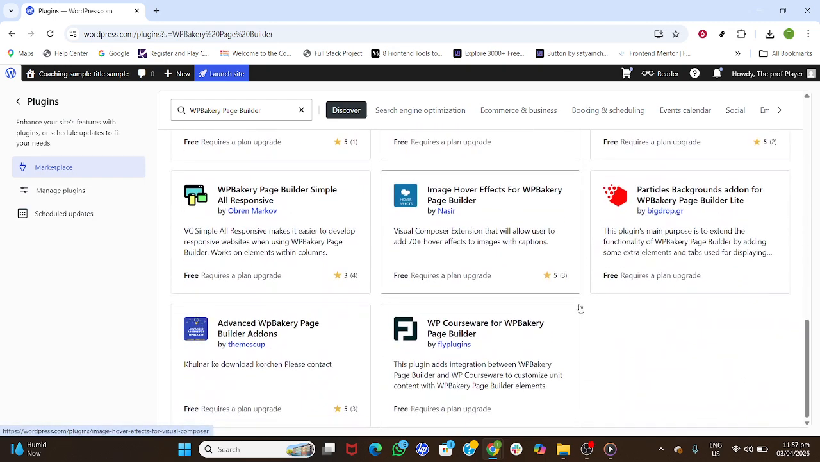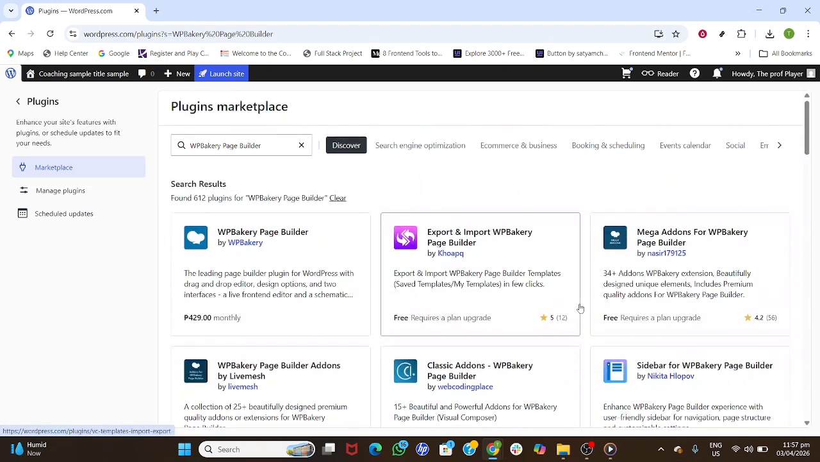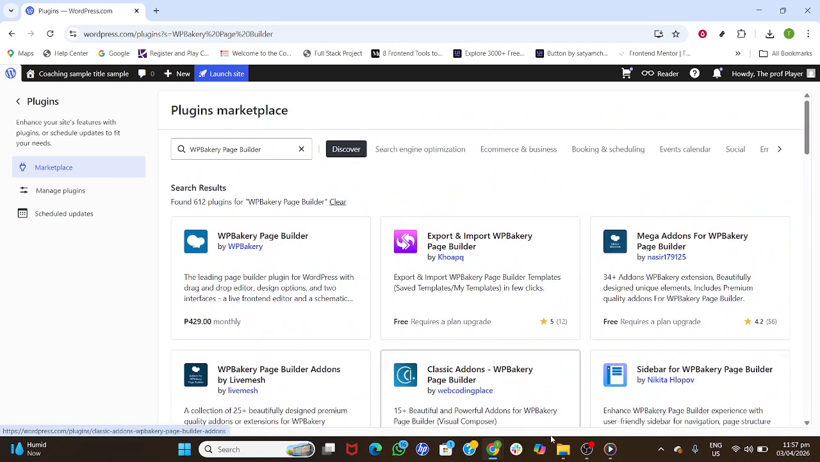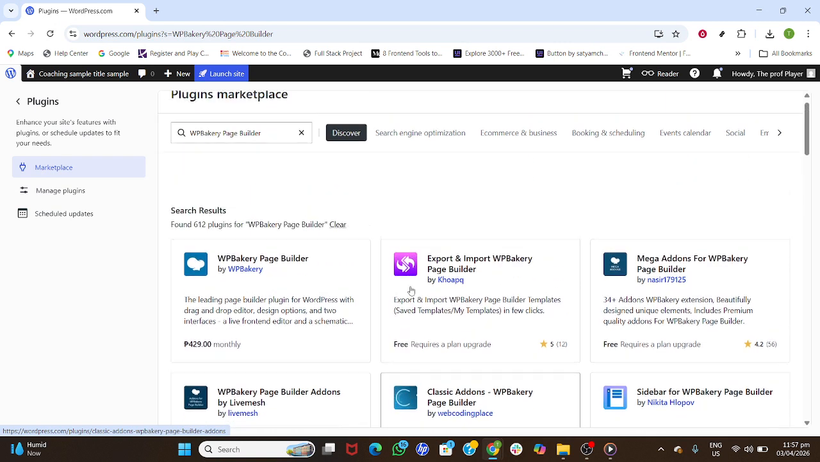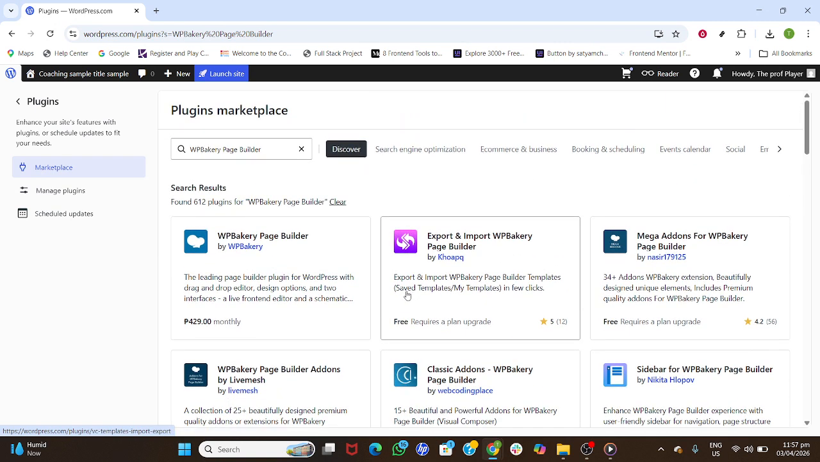Once the installation finishes, you'll be able to edit a page and see WPBakery's editor options available right away. From there, you can launch the front-end or back-end editor to start building layouts with rows, columns, and content elements. If you ever need to revisit details, you can return to the plugin page to review the description, update